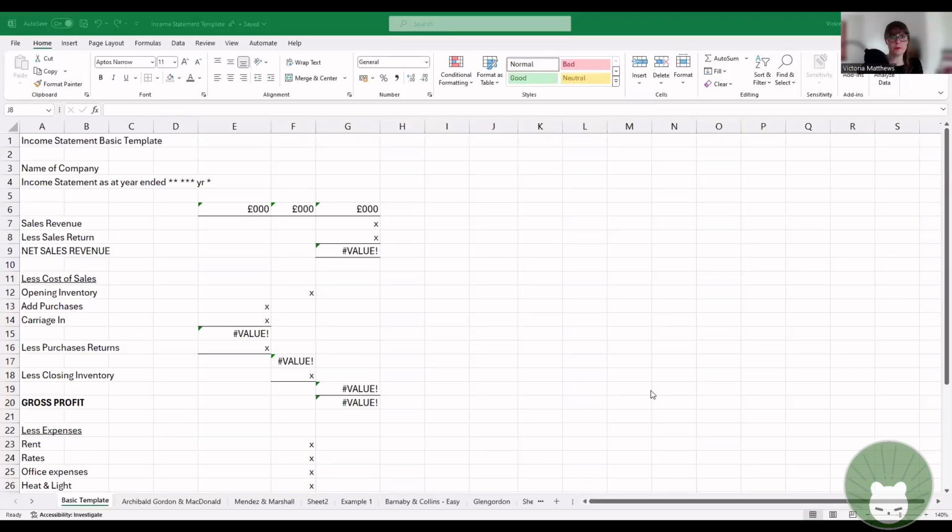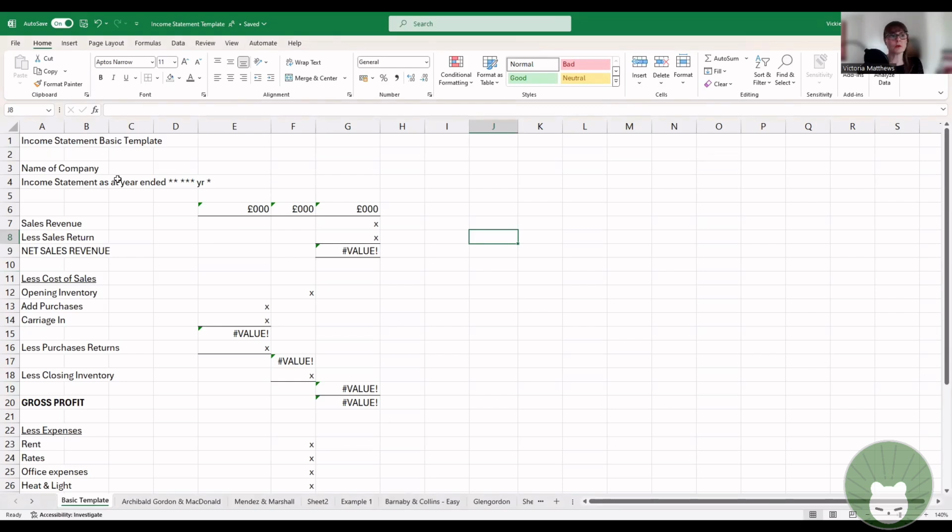Okay, here we go. So this is lesson 2, where we're looking at inputting numbers into spreadsheets. Last time we did text, this time we're doing numbers. So if I just share my screen here with you. Okay, here we go. Right, so this is the same spreadsheet that I had last time, which is my